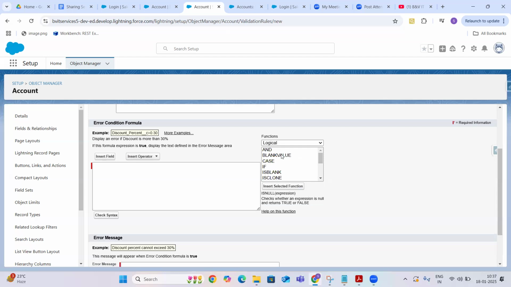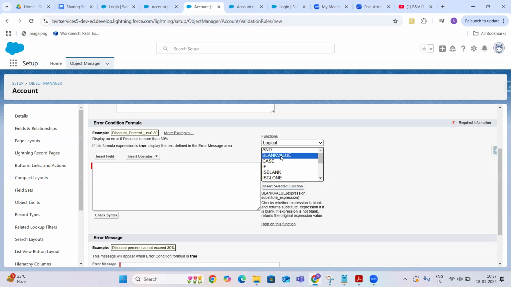And there is another one, blank value also. It checks whether the expression is blank and returns the substitute expression if it is blank. If the expression is not blank, it returns the original expression value.